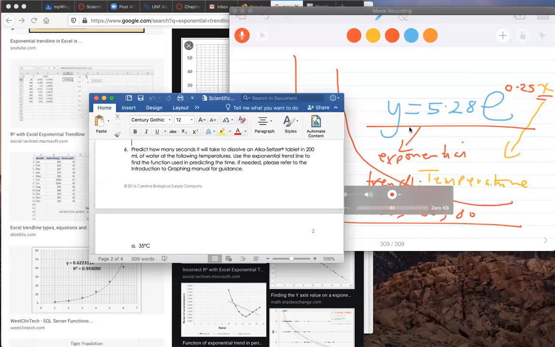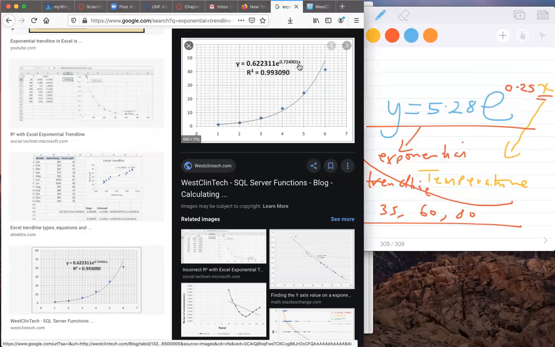From the exponential trend line, you will plug in the temperature given where you have x. If x is 35, you put 35 right there. If it is 60, you put 60 right there. This e is a function on your calculator, and this is a constant which will be generated by